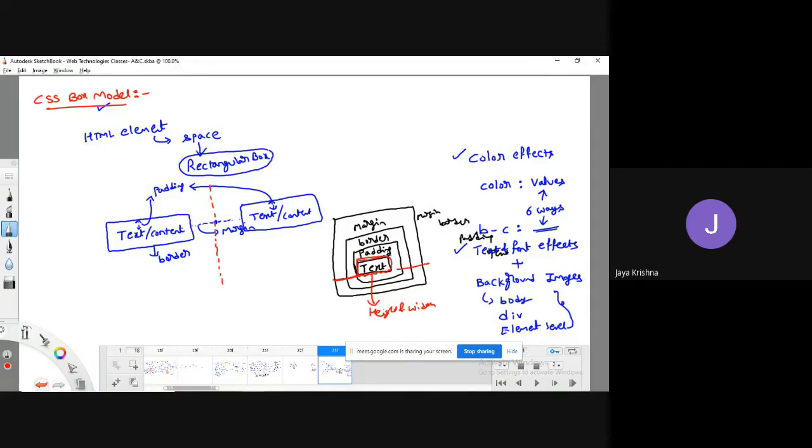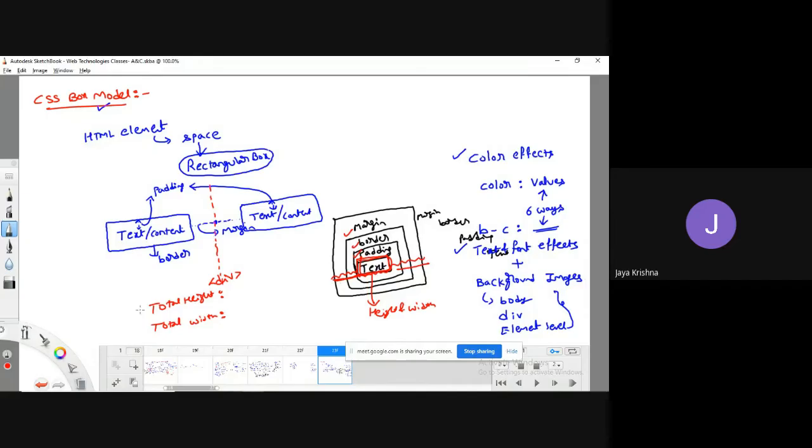So this is the actual region of the element. But for this element, we are going to add the padding, border, margin also. Meaning that, for example, if you would like to have a total height of an element, like for example, total height of division tag, then you have to include margin, border, padding also. Total width of the element, you have to include the border, margin, padding.